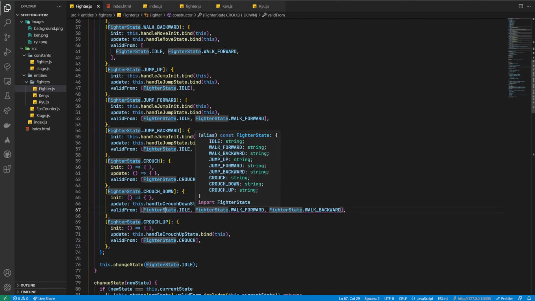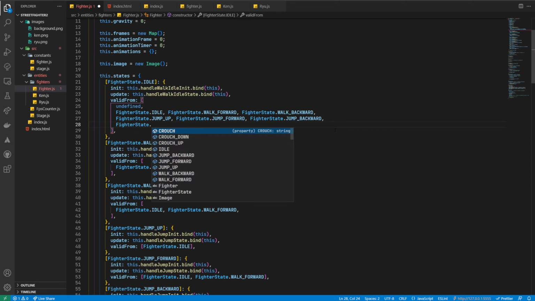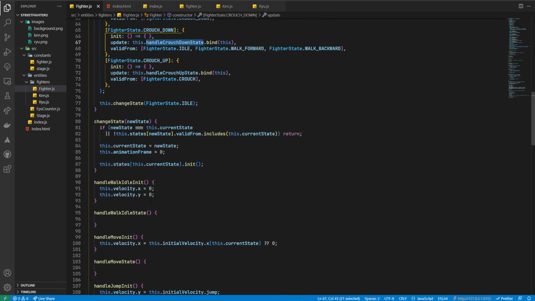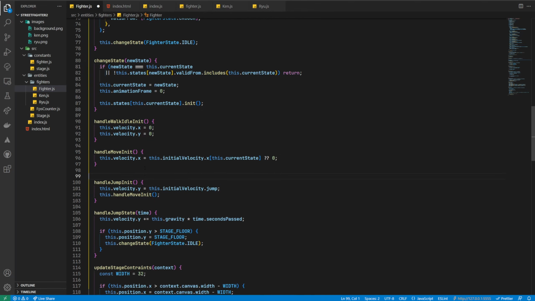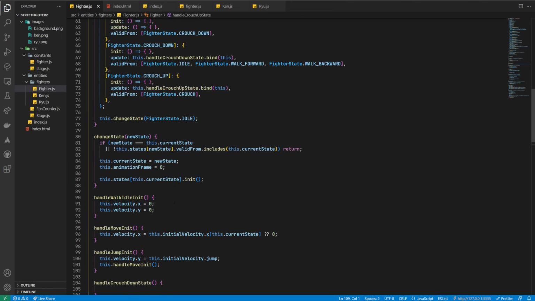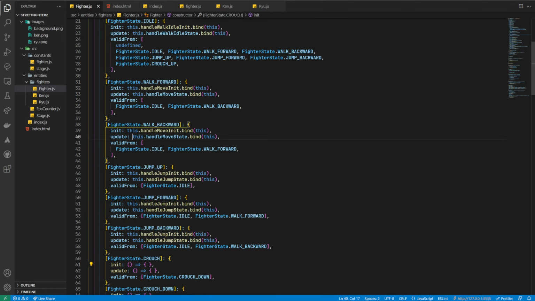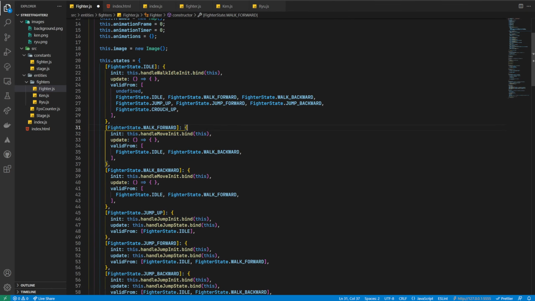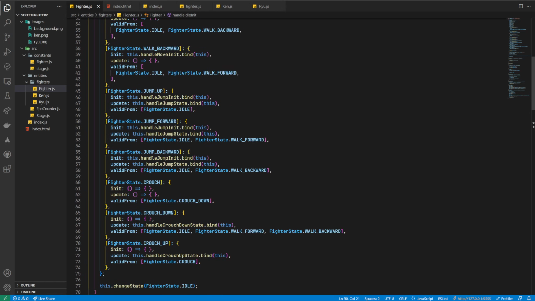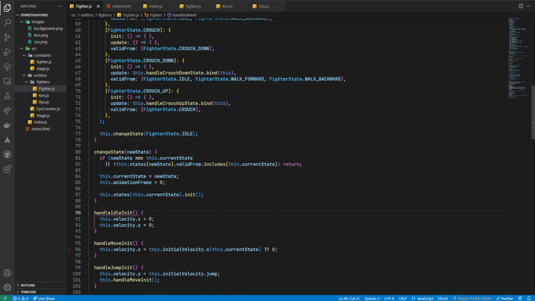Finally, we'll update the necessary valid from states, starting with the crouch states and then the idle state. As we know, a crouch can only be transitioned from the idle state using the crouch down state, and vice versa. You can only get to the idle state from the crouch up state. While we're here, we'll also correct the typo for the idle state function name and remove the walk from it. Oops. Okay, let's look to add the logic for the crouch state in our new crouch down and crouch up